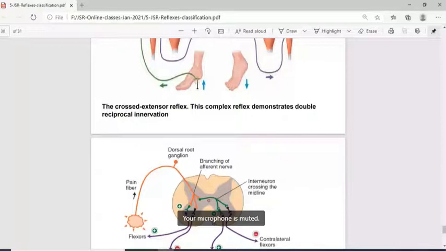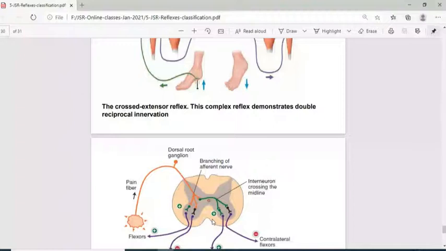But sometimes, if the reflex is not elicited, we should do reinforcement or Jendrassik's maneuver. That means we ask the patient to clench the teeth, either clench the teeth or interlock the fingers and pull the hands in opposite directions. When the patient does this, the gamma firing, that is the firing of the gamma motor neurons, is increased, and that helps to elicit the reflex. Okay, so that is the mechanism of Jendrassik's maneuver.